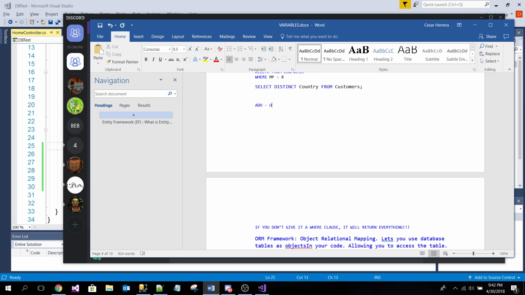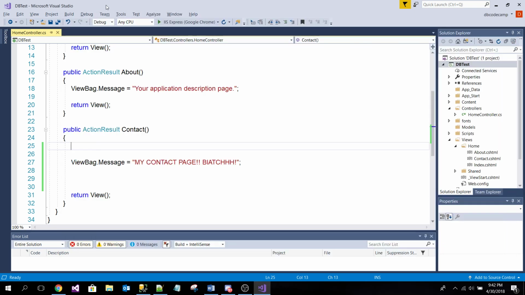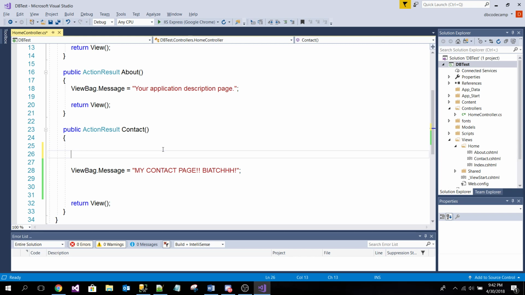And we use that databases. We're going to keep it simple. Don't worry about it. Okay, so what ADO did or does is, let's make believe that I create an object,